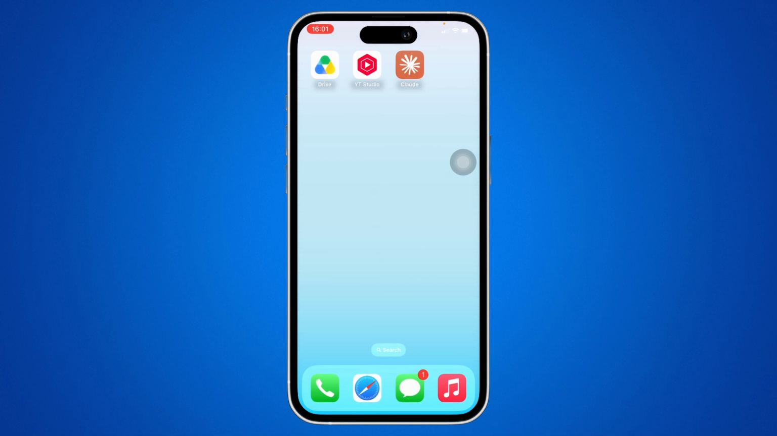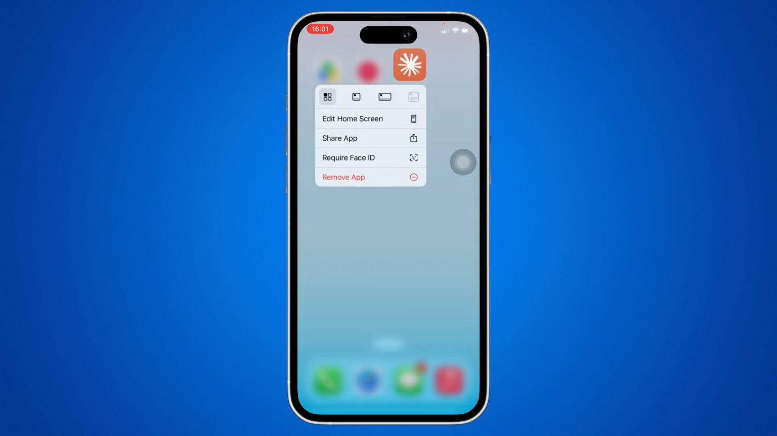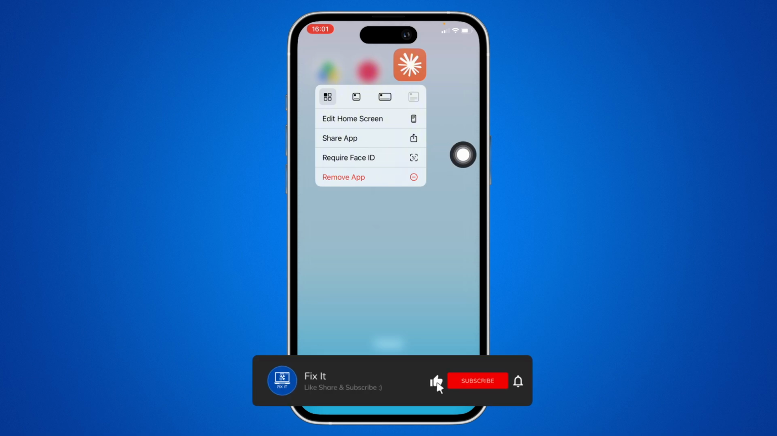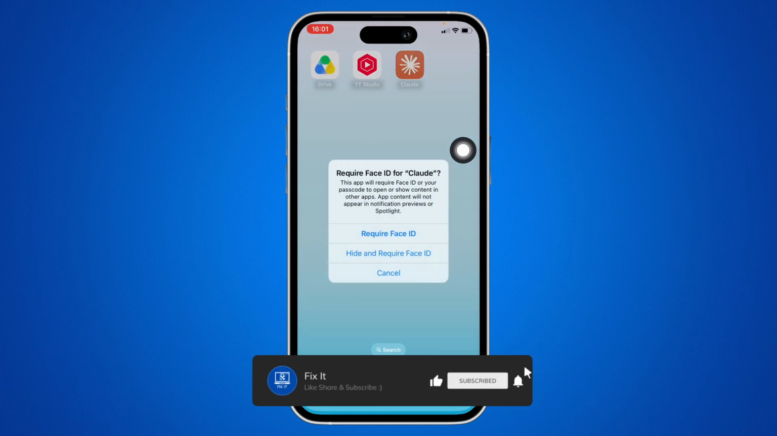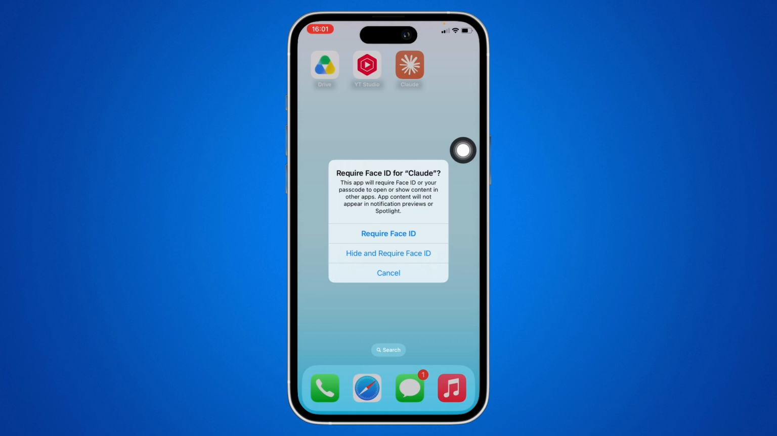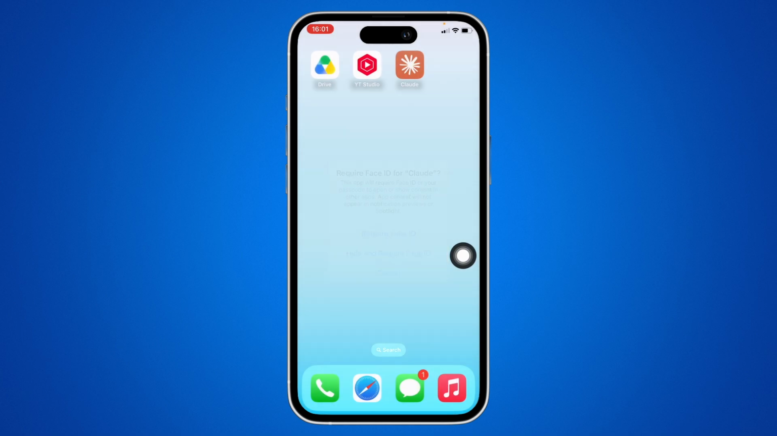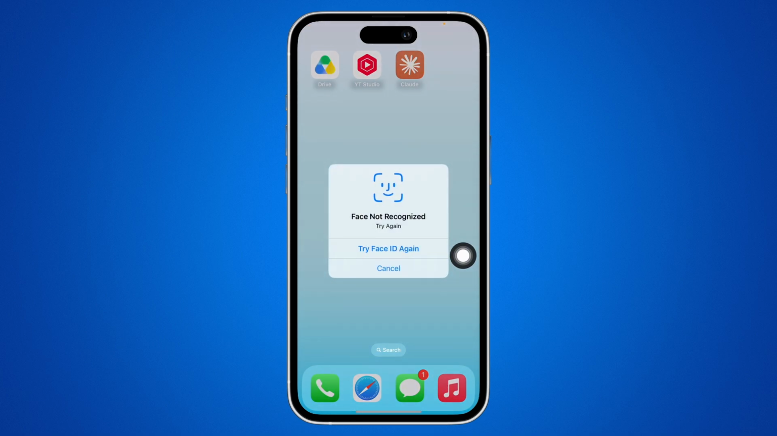Firstly, go ahead and navigate to the app that you want to hide on your home screen. So go ahead and tap and hold on the app that you want to hide, and here you will see the option for Require Face ID. So tap on the Require Face ID option you see there, and you will then see the option for Hide and Require Face ID. So go ahead and tap on the Hide and Require Face ID option you see there,